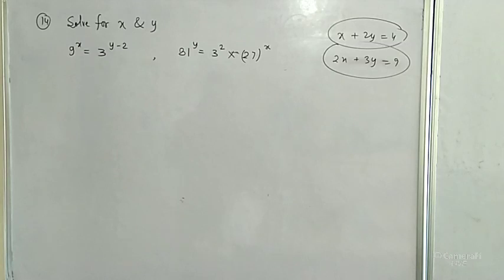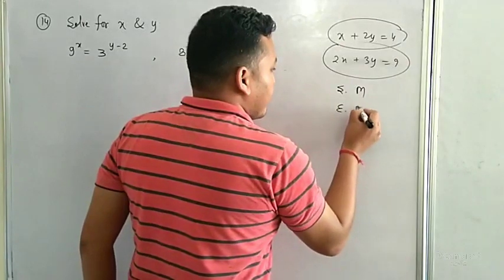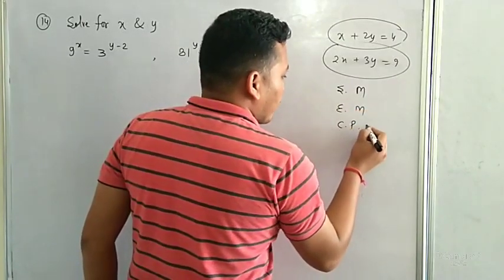Please tell me, write in the comment section by which method we can solve these two equations if the two linear equations are given, x plus 2y is equal to 4 and 2x plus 3y is equal to 9. Yes, substitution method, very good. Any another method? One more method, elimination method. Okay, so we can solve these two equations by substitution method, second elimination method, and third one is cross product